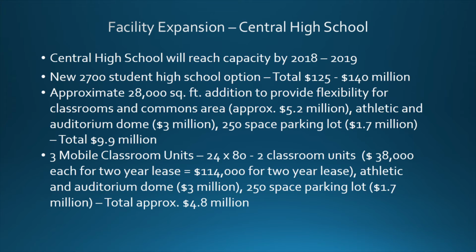The next step that we look at, when we consider that we have a percentage that we're bearing upon being full, is how are we going to utilize our current facilities, or what do we need to do within our facilities as we look to say we may need to expand Central High School. Some of the things that you're looking at on this slide, we have dollars to. Please understand that these dollars are basically rough estimates of what we believe the cost will be after talking with our architect, but by no means